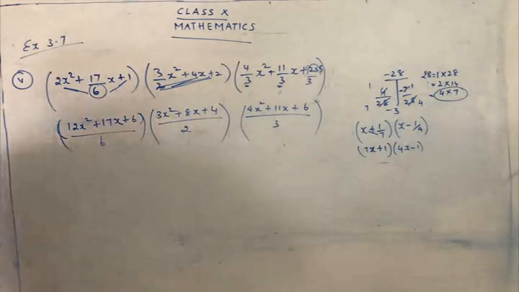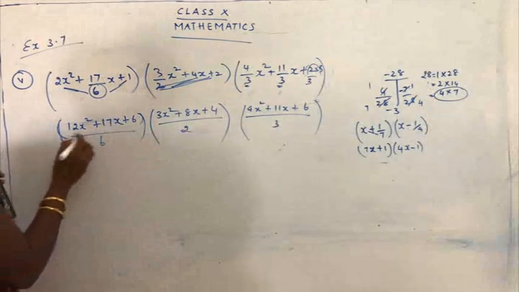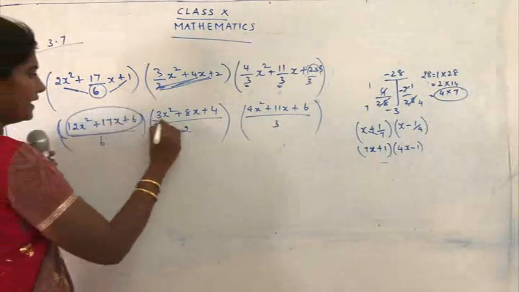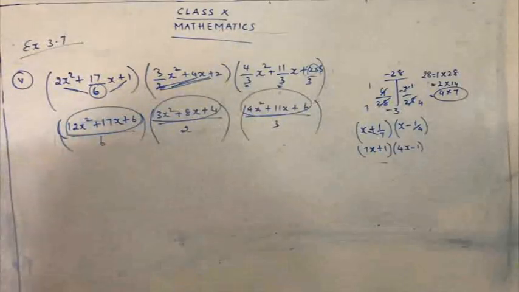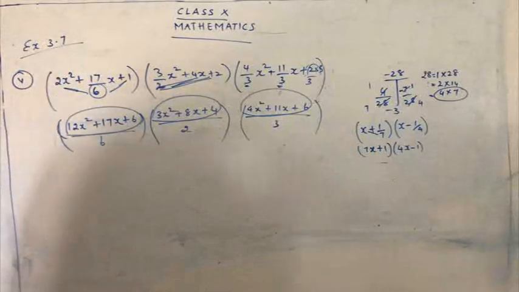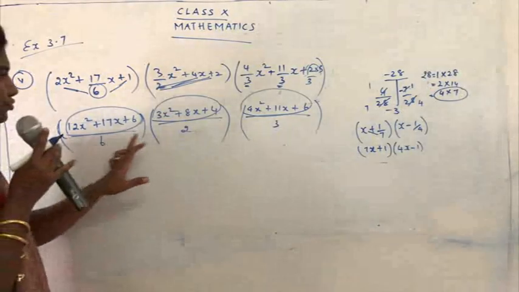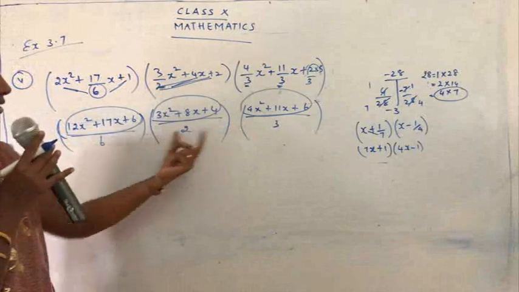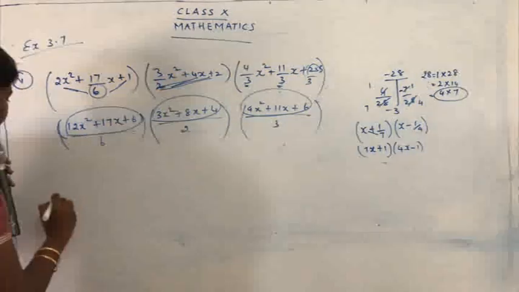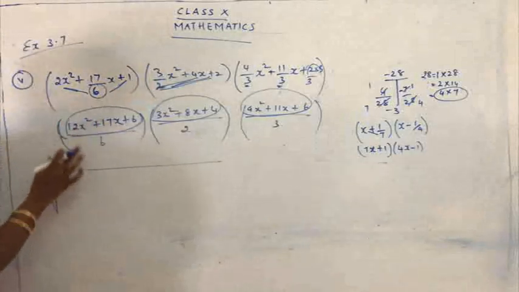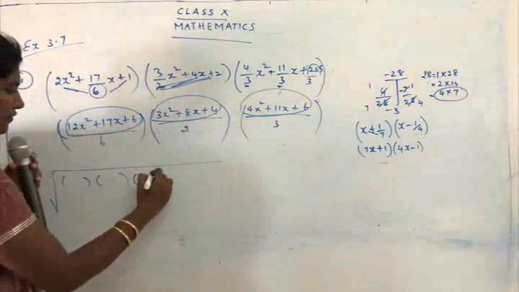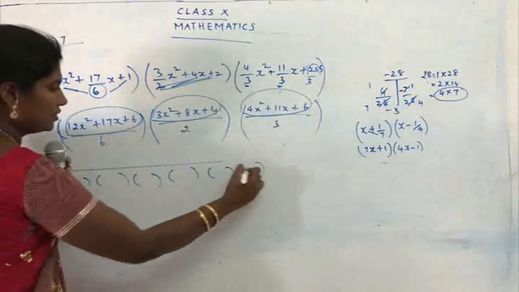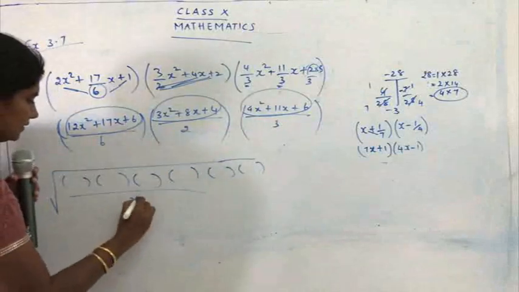So now what is your step? You are just going to write this under the square root. You are going to find the factors for this part, find the factors for the second part, find the factors for the third part using your T method, the same manner how we have proceeded in our fourth part. So get your factors, then you have to multiply the denominator. What is the denominator? 6 into 2 into 3. So 6 2s are 12, 12 3s are 36. So you have to write the question under the square root. Then write the factors. You get 2 factors for this, 2 factors here, 2 factors here. This work is done. Then upon 36 will be there.